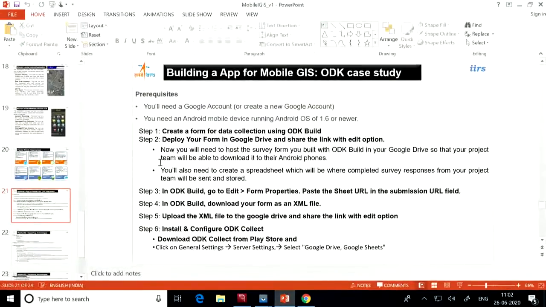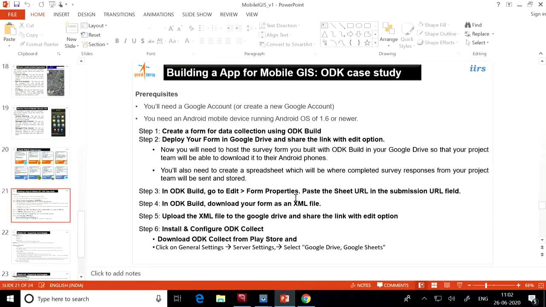I have written over here step number 2: you will need to host the survey form you build with ODK in Google Drive, and you also require a spreadsheet where the completed survey responses, from the people who have collected the data, will be stored. So these two things are required.